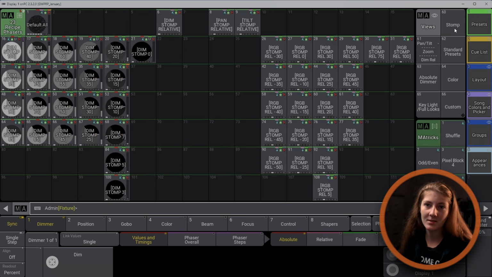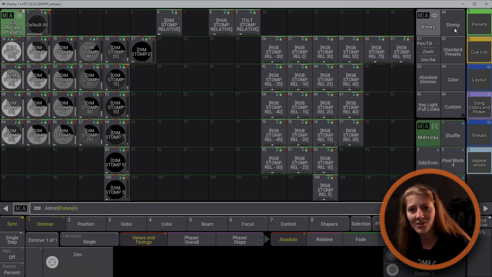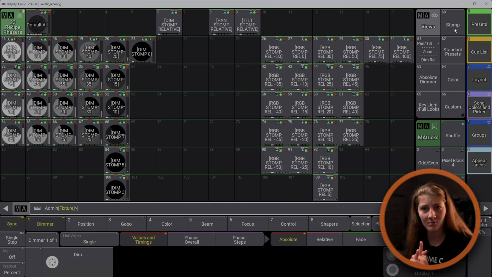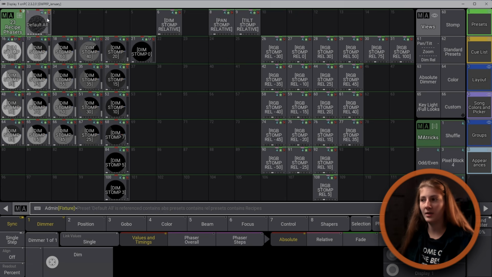So, to my Stomp presets. Somebody specifically asked me about how I had these set up before, so I hope I can answer all the questions that arise about these. I'm not sure exactly what all needs to be explained, but I'm going to explain it to the best of my ability. So I have a default all preset here, which I use at the beginning of my songs